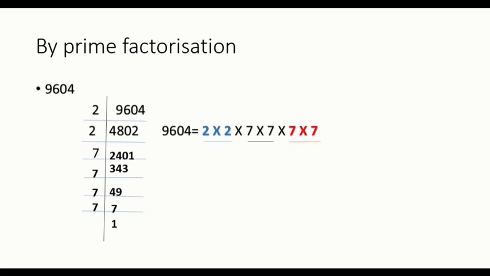In this case, we have one pair of 2's. We can divide all the 7's into 2 pairs. So we take one 2 from the pair of 2's, one black 7 out of it, and one red 7 out of the next pair, right? 3 numbers now in the answer. It's 2, 7 and 7, right? So multiplying them will give you 98. So the square root of 9604 finally becomes 98.